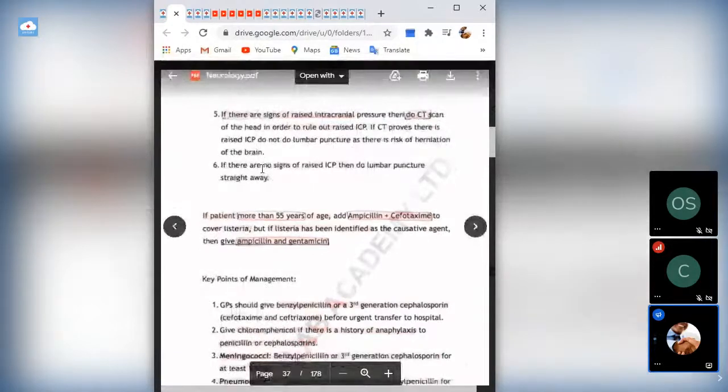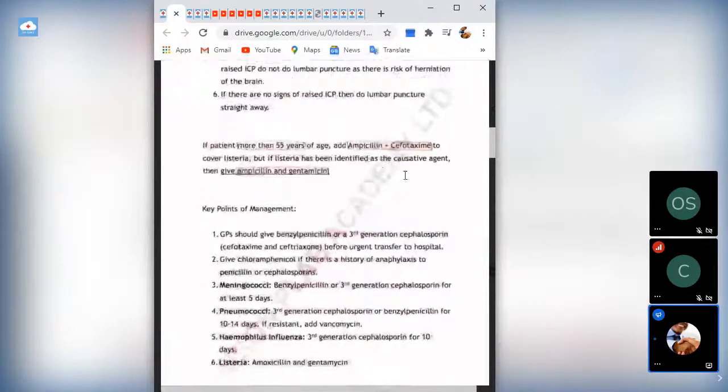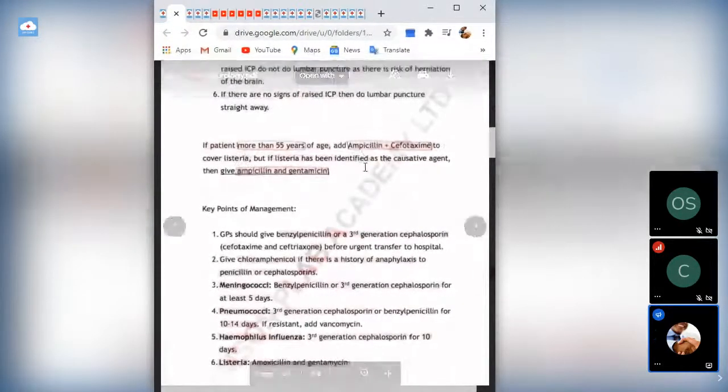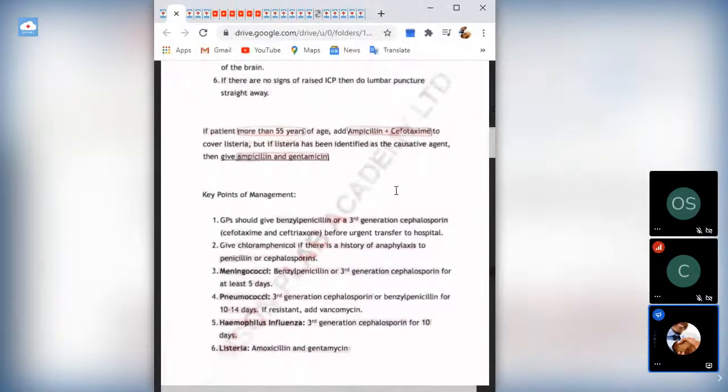If there are no signs of raised ICP, then do lumbar puncture straight away. If the patient is more than 55 years of age, you usually add ampicillin to cefotaxime to cover for listeria, right? But if listeria has been identified as the agent, you can give ampicillin and gentamicin. Remember that listeria is like a gram-negative organism. So you want to give things like gentamicin that has great gram-negative cover for listeria. But apart from that, you should use third generation cephalosporins and ampicillin and things like